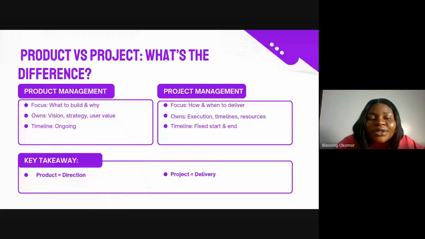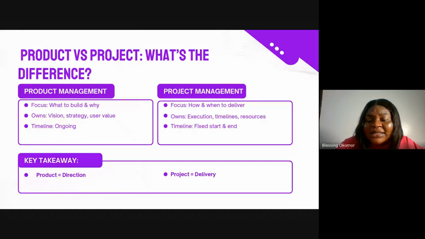Right? So the product manager focuses on what to build and why they are building it, right? A product manager owns the vision of that OPay app that we want to build. He sets the strategy. What measures should we take? How should we go about building this thing, right? Then he ensures that whatsoever they are building is something that is going to give their users value. That is who the product manager is. It ensures user value, that the user gets value from whatever you are building, right?